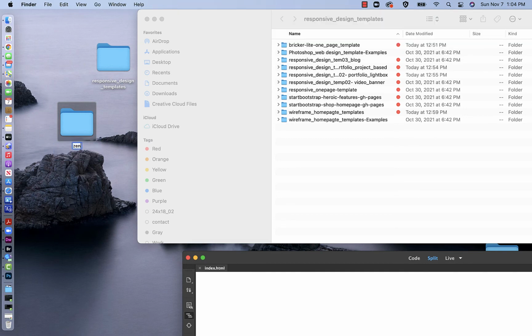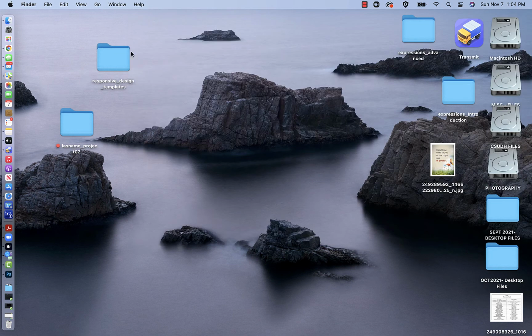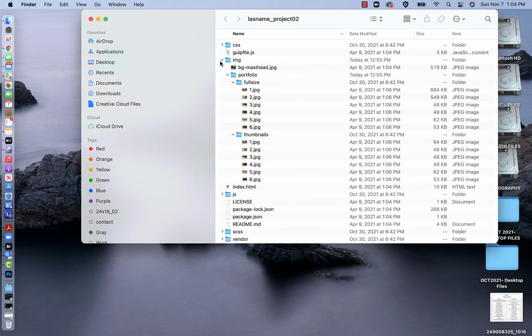You want to give it your first name, last name, project 2, or whatever project you're working on, and then start Dreamweaver. You want to keep these as a backup, because sometimes you may do things to the template or the CSS and you may have to go back to the original template. So you want to have this as a backup, save it somewhere,